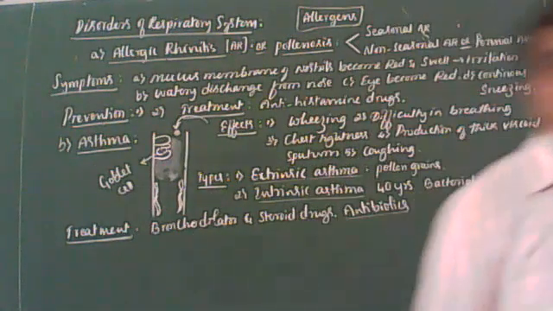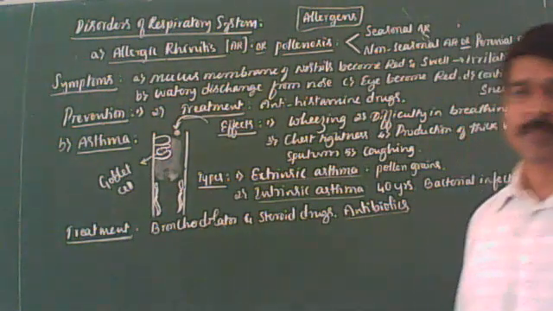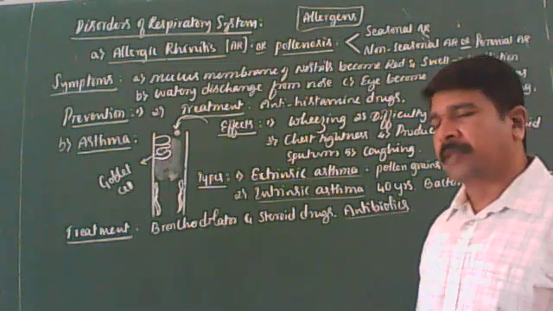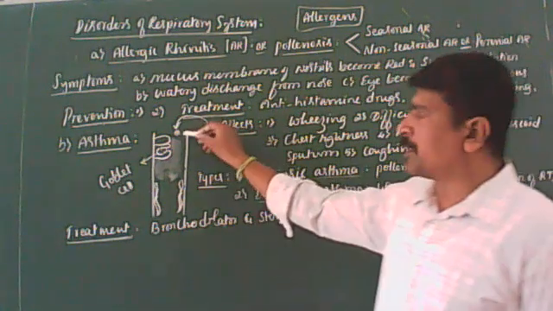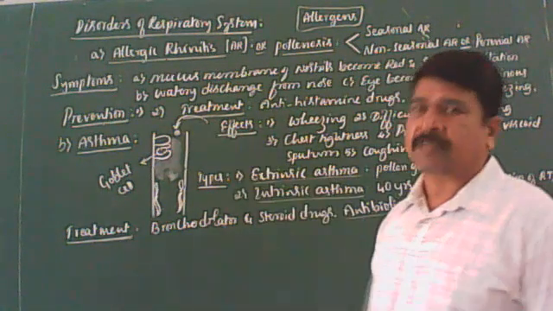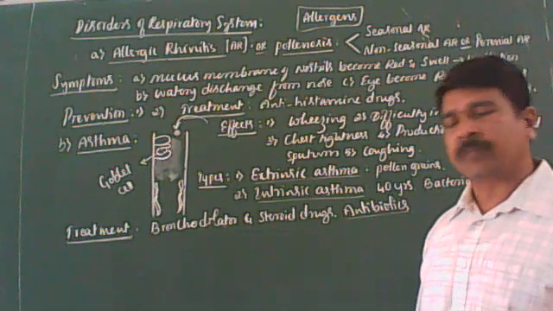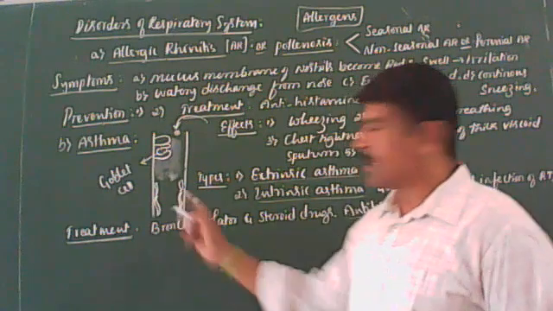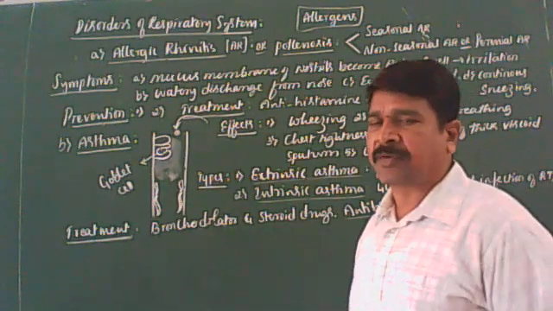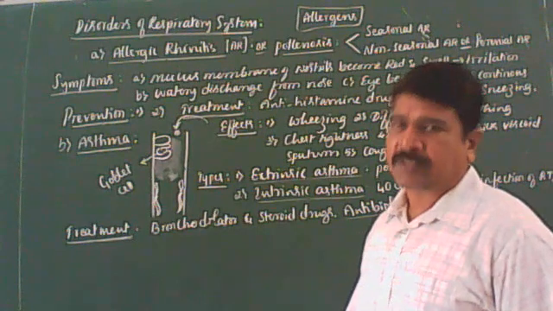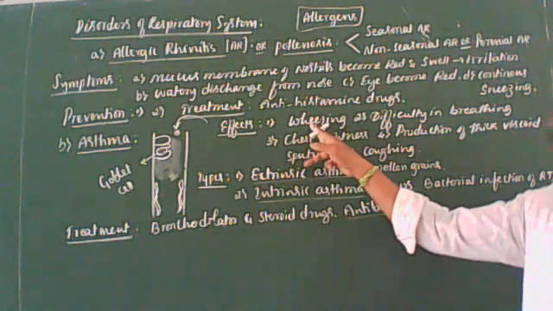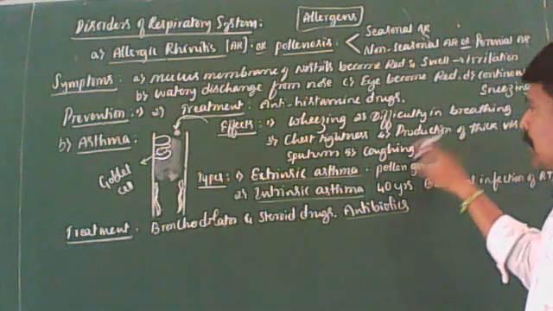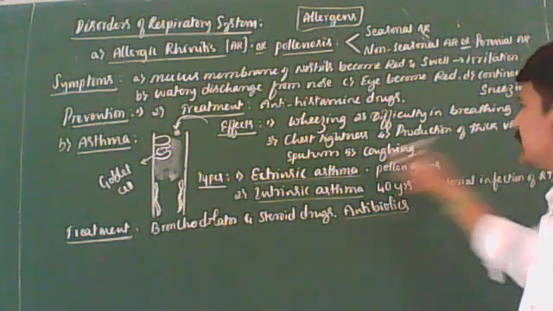I'll repeat once again. It is an allergic disorder of the lower respiratory tract, or bronchi and bronchioles, characterized by breathing difficulties. It is an allergic reaction. When the foreign material enters the bronchi, the goblet cells present in the bronchi secrete large quantity of mucus and smooth muscle fibers of the bronchioles contract. Hence, the air passages become narrow and the person finds it very difficult to breathe out. The most common symptoms of asthma are wheezing, difficulty in breathing, chest tightness, persistent coughing and production of thick viscous sputum.